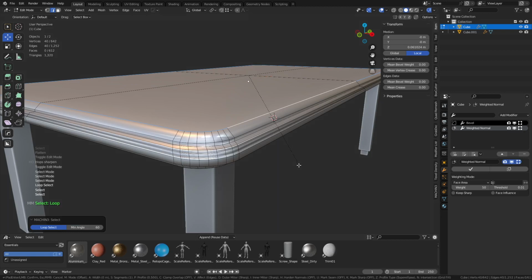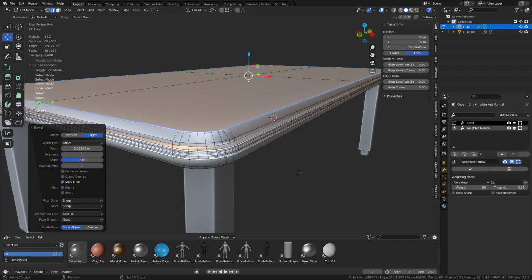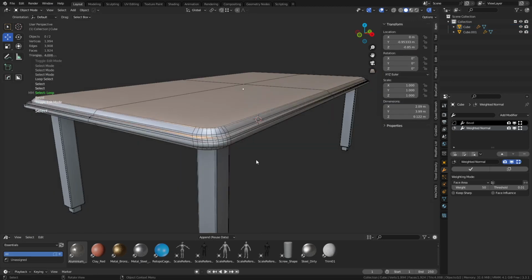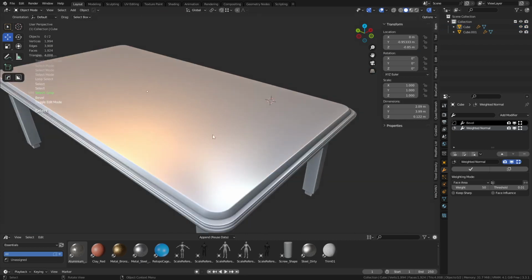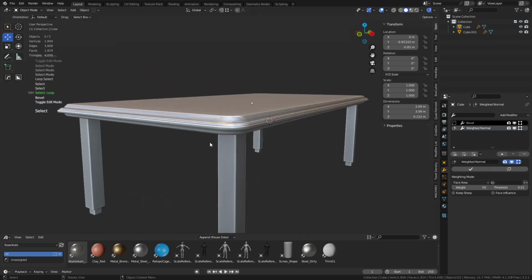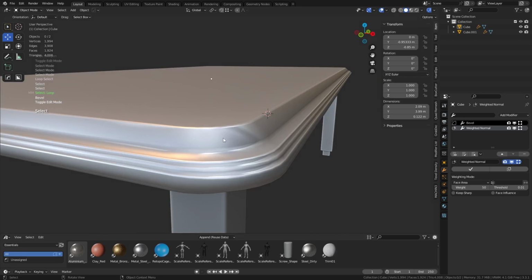But if we press Control B, you can do a chamfer here. Okay, and you need at least a chamfer to hold correct shading on a lot of stuff, but you'll see that that chamfer now actually has influenced this in a pretty good manner. And so no matter how hard you